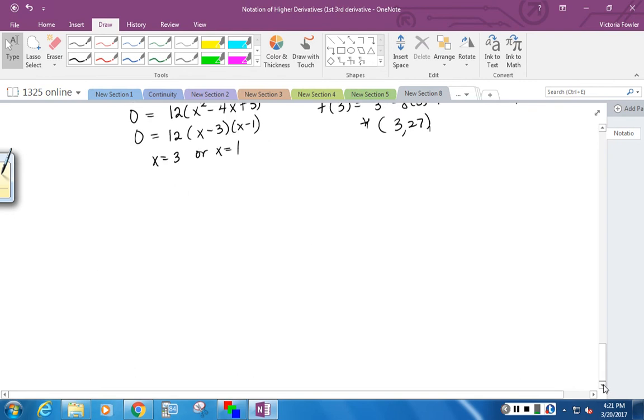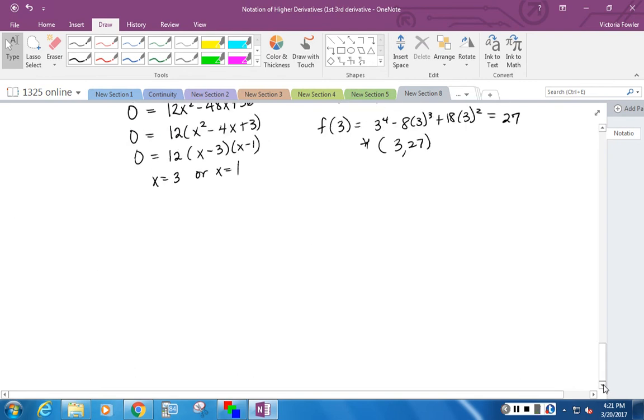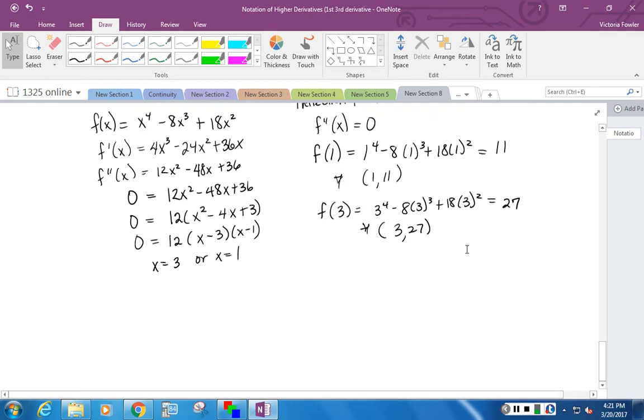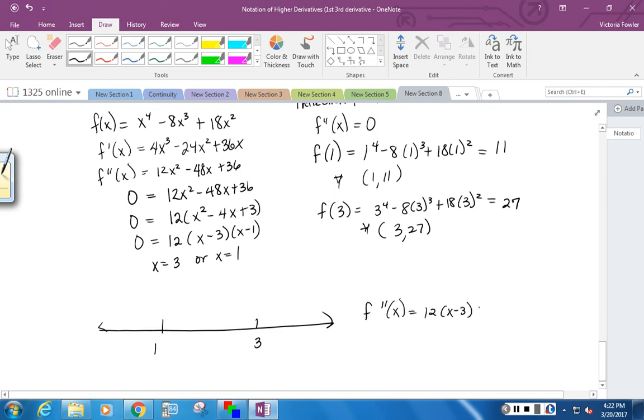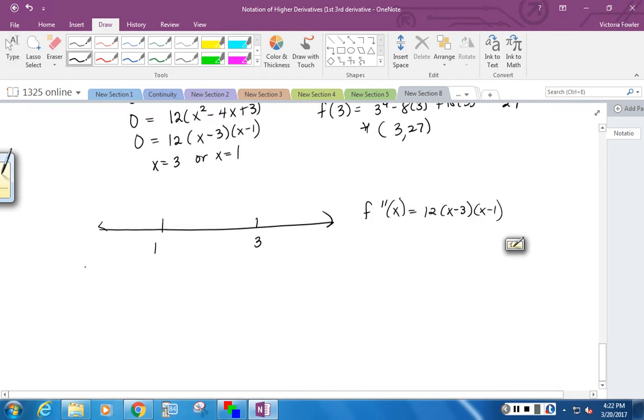All right, now I want to determine the concavity of my function. And so remember, these points of inflection are where our function is changing concavity. So what we're going to do from here is basically like what we did in the beginning parts of chapter 13. Instead of critical numbers placed on a number line, you're going to place your inflection points, your x values that is, and you're going to test it into your second derivative. And what you want to do is use that factored form, and so that when we come down here, when I test, I'll be able to determine what's going on with